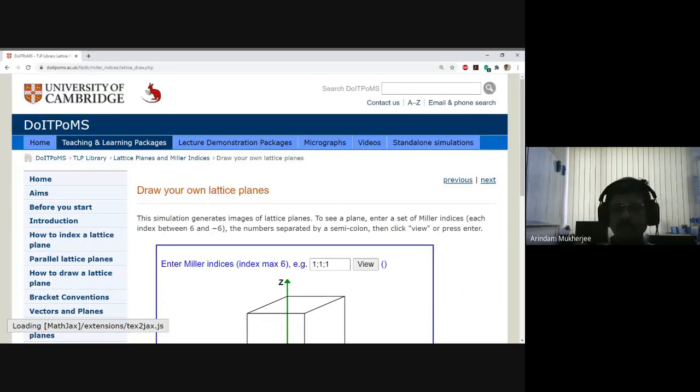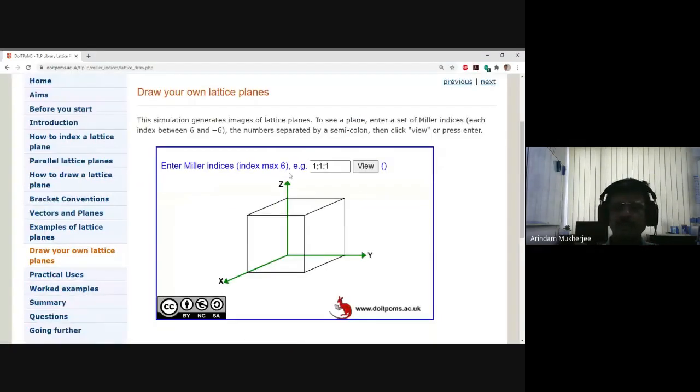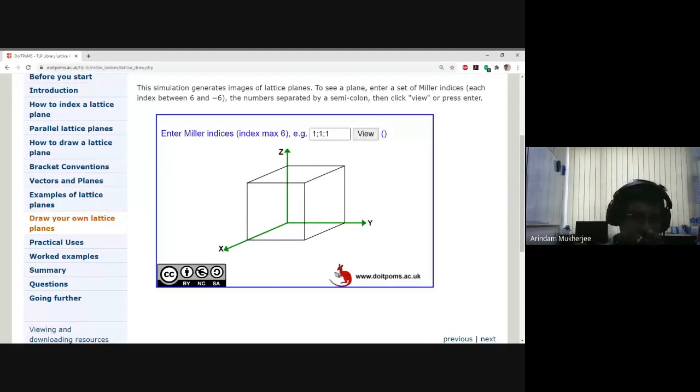Draw your own lattice plane. Let me come here. That way it will be better. We'll draw the other things later. This let me clear. So here it has been told to you: draw the plane 1, 1, 1. Where it should go through. I cannot draw here, but I can click this one like this. These are my intercepts. One is here, one is here and one is here, right? Because if I take the reciprocal of 1, 1, 1, it will give you 1, 1, 1 only. So the plane should be like a triangle which is intersecting at z, y, and x. That's how it is.